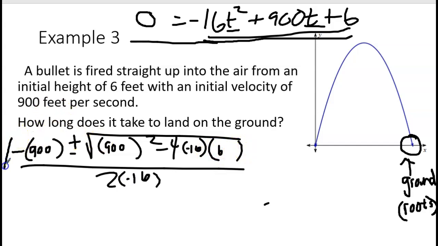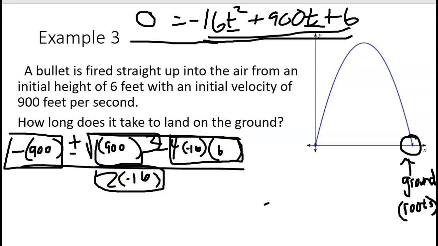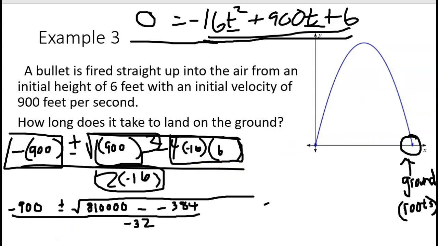All right, so when we simplify these quadratic formulas, like I told you last time we did it, I always start by doing these four groups first. Let's go ahead and do that. I'm not going to show my thinking as I go through. I'm just going to do that. So that's what you get if you simplify all those four parts. The next part I will show my thinking for, because I want to relieve you guys a little bit. First of all, we're going to add these together, right? And if I add those together, then I'm going to end up with negative 900 plus or minus the square root of